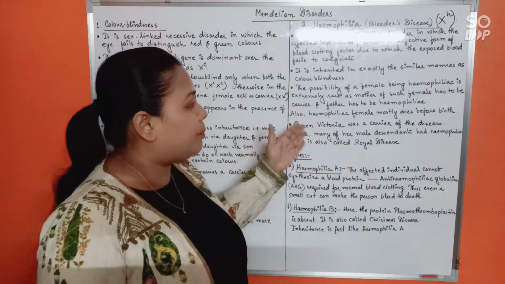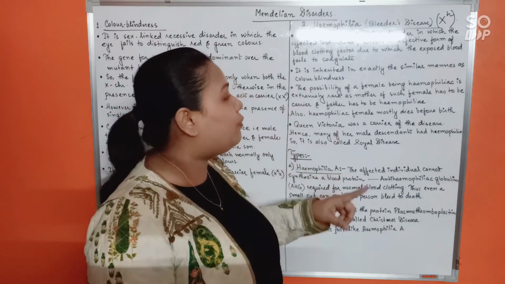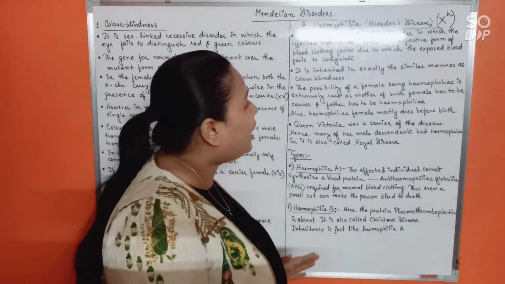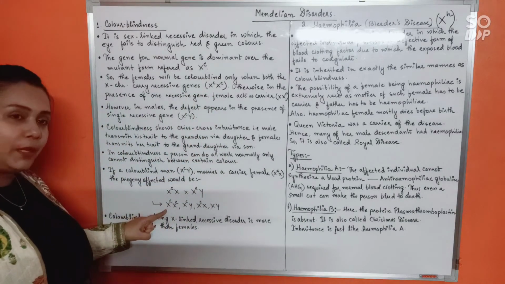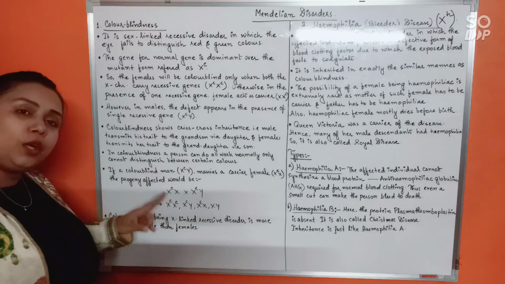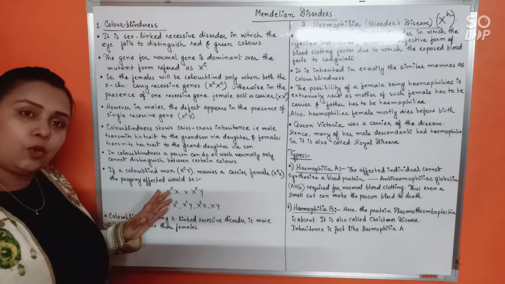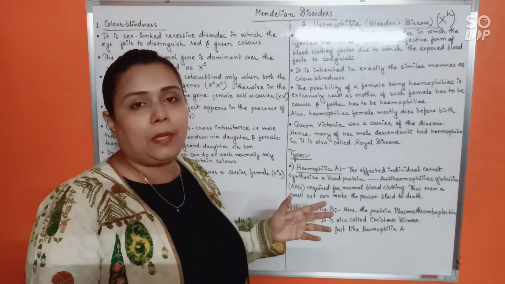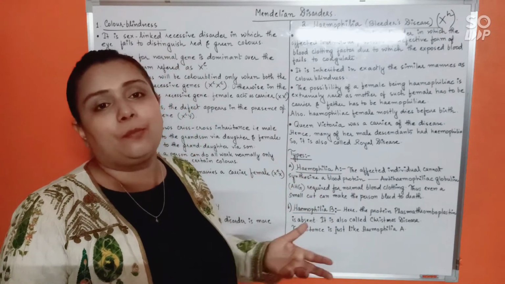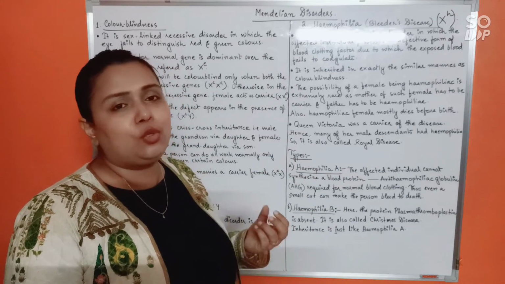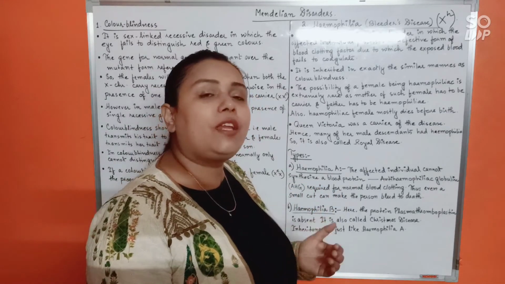Now see, these are certain important facts regarding hemophilia. That is, the possibility of a female being hemophiliac is extremely rare in nature. Why? Because for a hemophiliac female to be born, just like a colorblind female to be born, this kind of female will only be born when the mother is a carrier to hemophilia and the father is already a hemophiliac. Such a combination usually would never occur, right? So that's why a hemophiliac female being born is very rare in nature.